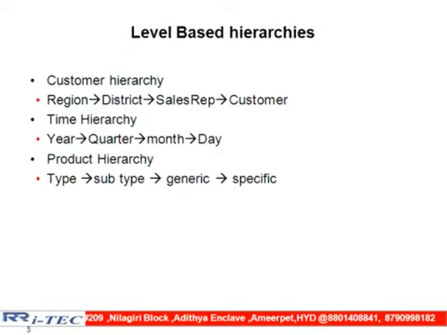I want to have 4 levels. That means my reports will have region-wise analysis, district-wise analysis, sales representative-wise analysis, customer-wise analysis. Are you clear? How many levels we want will be given by the customer. The customer will say, boss, I want to analyze my report in these ways.